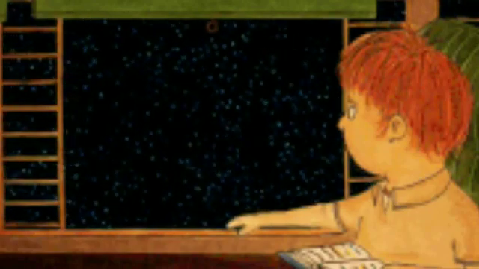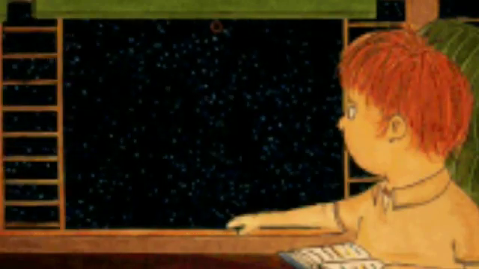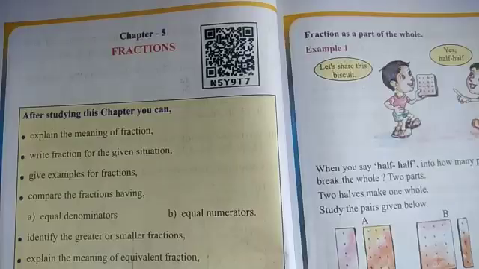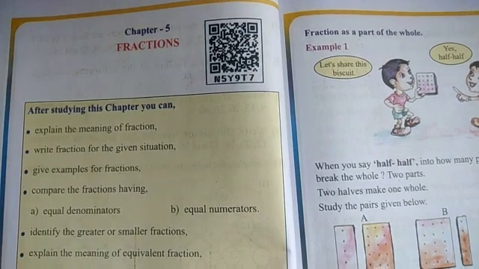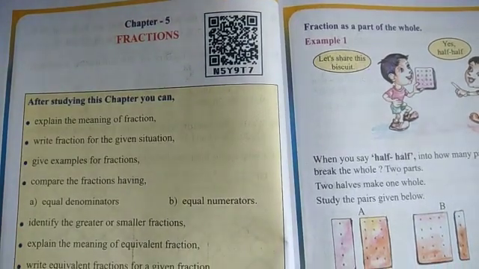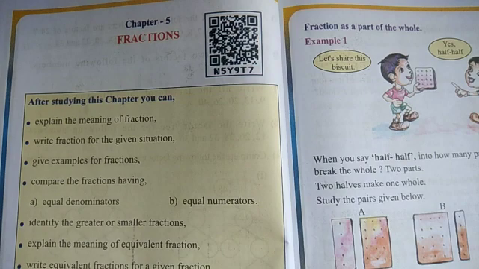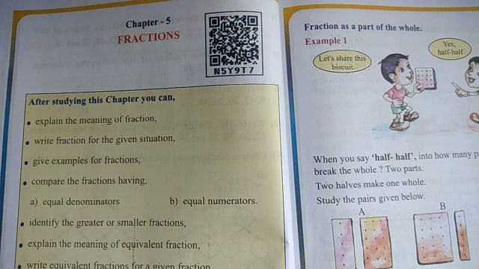Dear students, today let us start chapter 5, Fractions. Dear students, what is a fraction? A fraction represents a part of a whole, or more generally any number of equal parts. Generally we are saying a fraction describes how many parts of a certain size. There are examples: 1/2, 8/5, 3/4, like that.